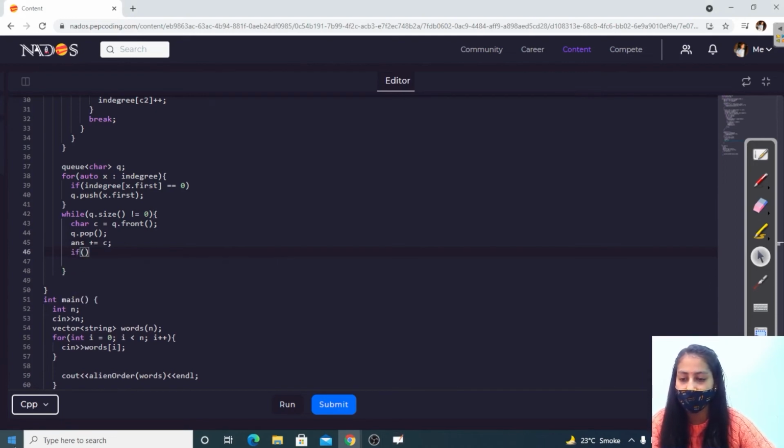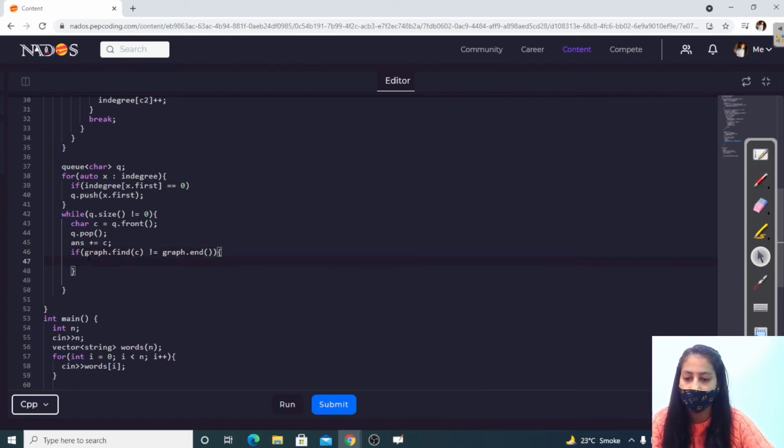We'll check that if this character C is present in our graph, then move to its neighbors, right? So move to the set of its neighbors. Let's name this as neighbor, right?